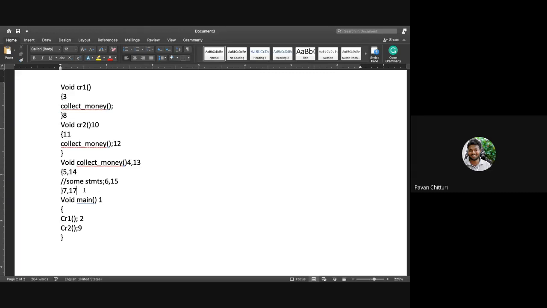And who called collect money now? CR2 called collect money now. So the control goes here, which is nothing but 18. So CR2 was done. Who called CR2? CR2 was called by main function, which is nothing but 19. So this is how the control flow will be going in functions. When you have multiple functions, one function can call another function.